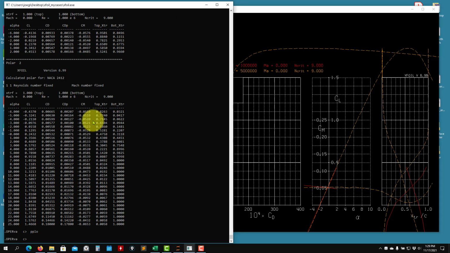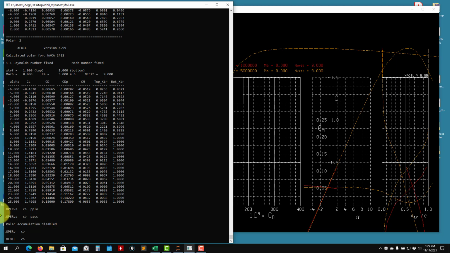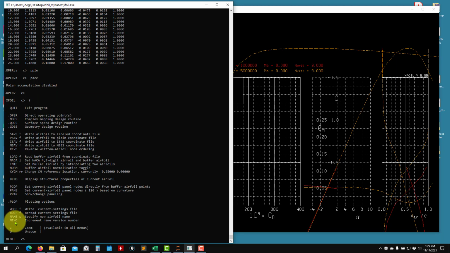together with this, okay? So what I'm going to do is that, see that here we're still in polar accumulation mode. If I want to read a new airfoil, change the rating, and all that stuff, we need to disable polar accumulation mode. So you go PACC, disable, okay? Now let's go back to the main menu, I press enter, XFOIL, and here I can generate a new